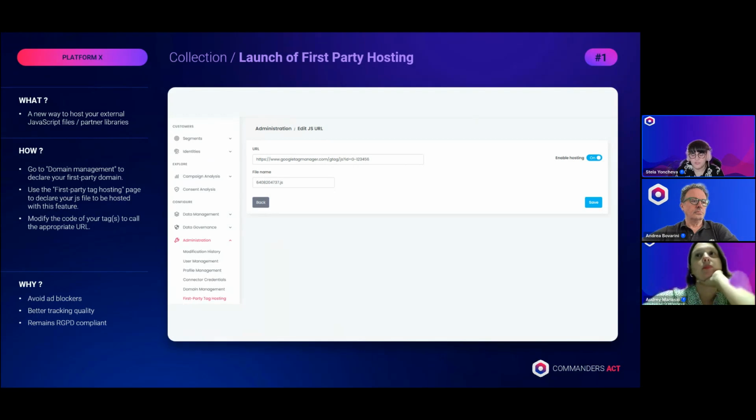In this example, you see the script for Google Tag Manager, which can be hosted, as I said, as a first-party script. Why is this so important? Because in this way you can avoid ad blockers. We know that ad blockers work in several different ways, but mainly by blocking the sources. So this will help you.